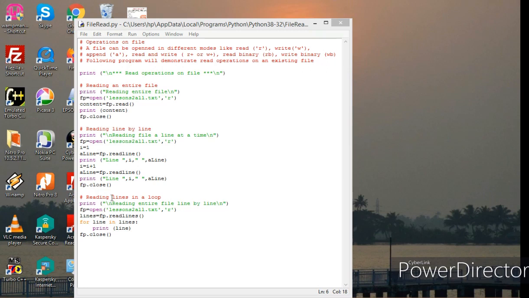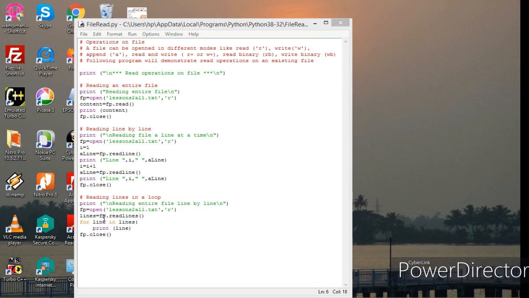Okay, now I want to read lines in a loop. So what do I do? Again I am opening this lessons2all.txt in read mode, and I am using the readlines method of the object fp. In the earlier case I used readline, whereas here I am using the readlines method of the object fp.